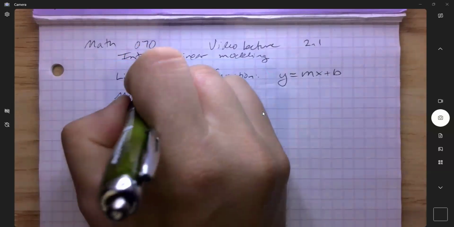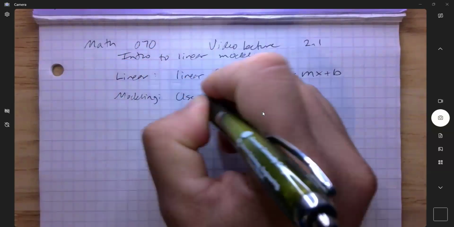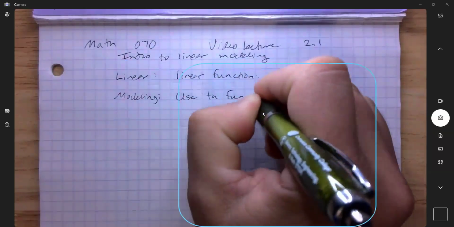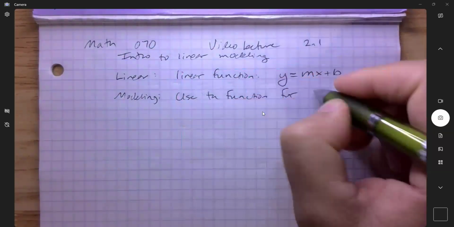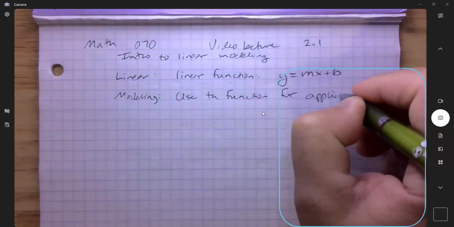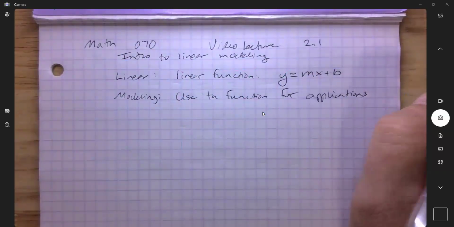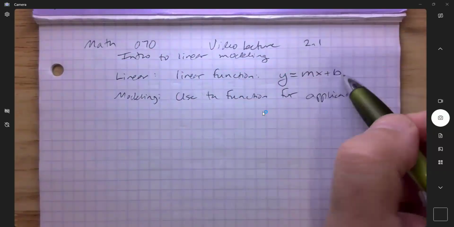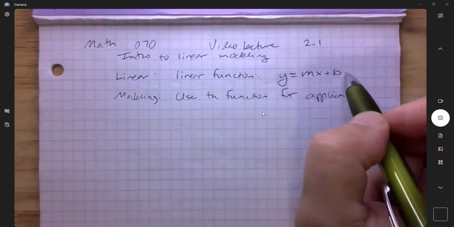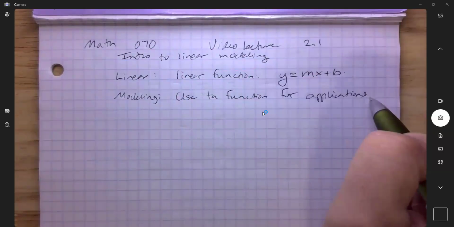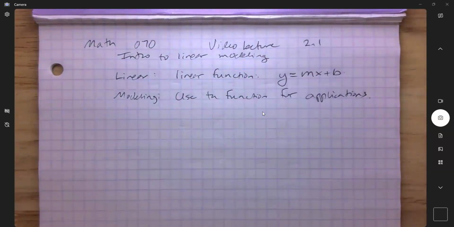And modeling means we use the function for applications from the real world or the physical world, things like that. So we're not just working with the pure abstract mathematics, we're going to be using it to work with questions